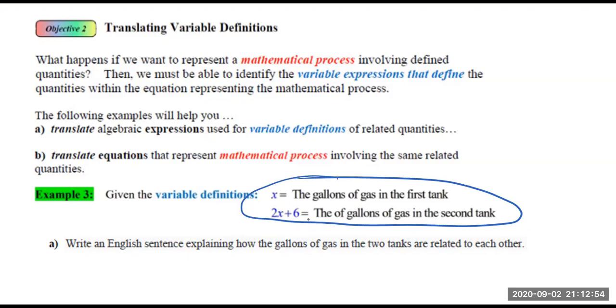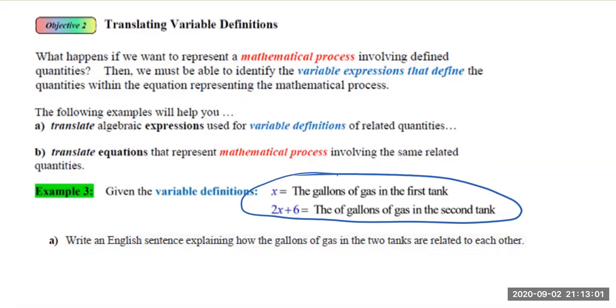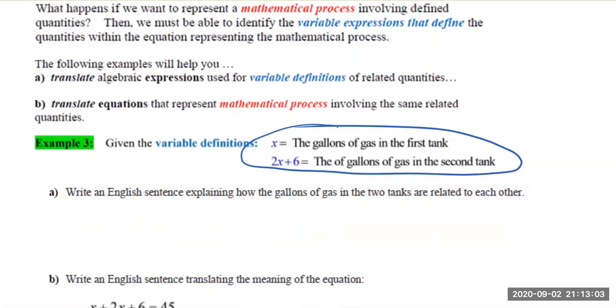But how would this relationship that's given in algebra be given as an English statement? Can you explain this relationship? One of the key concepts is to think about the definitions we have in algebra and then what they represent in English. So if I just take X, and that's the gallons of gas in the first tank,